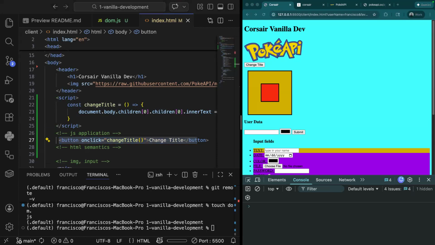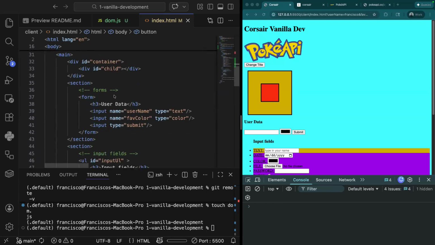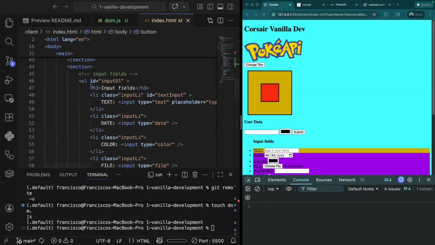When you call the function changeTitle, why does it have to be in quotes? That's a great question. So why does changeTitle have to be in quotes? So in HTML, because this is still an HTML segment, right? We are giving it an attribute onclick. And as you can see, all attributes, for example, this image source, has quotation marks. And if we scroll down to other attributes that we might have given, such as ID,